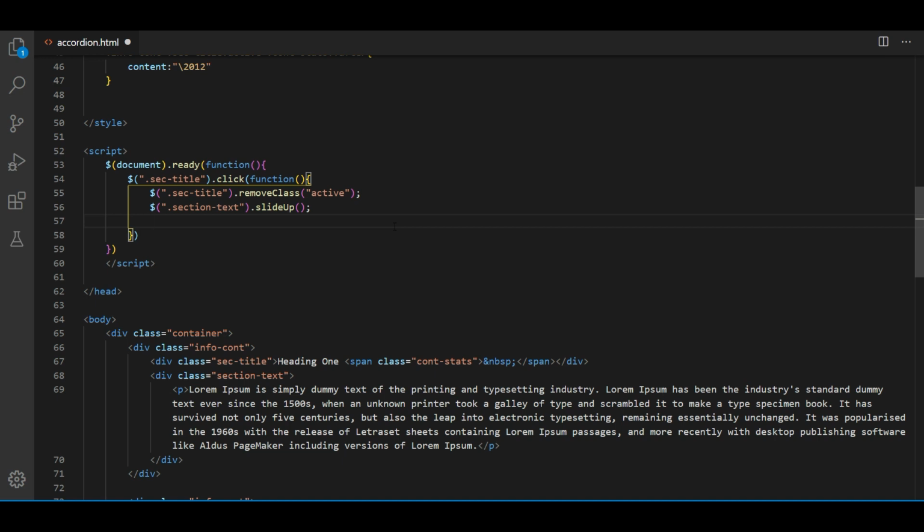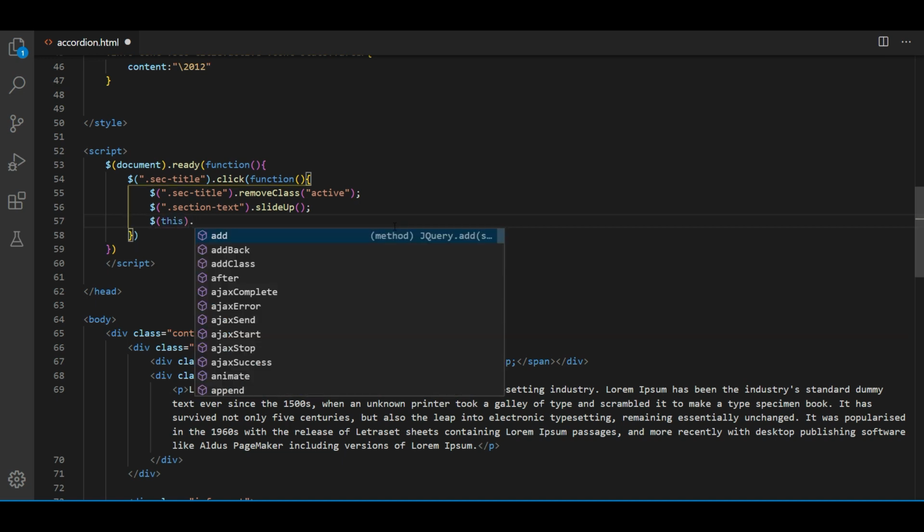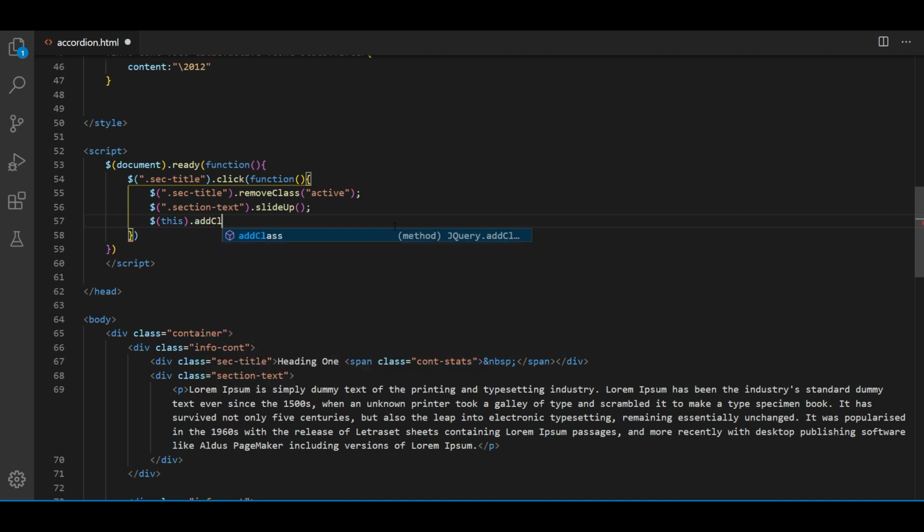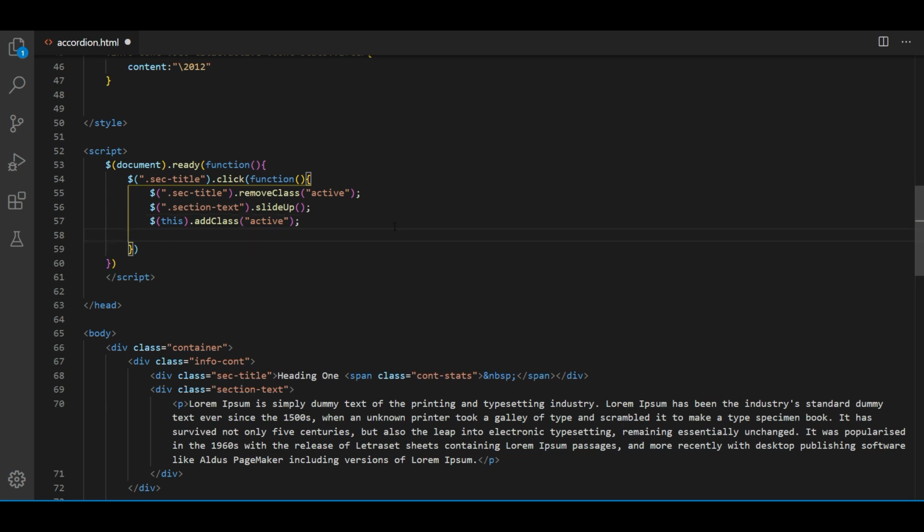Now we have to open the description of the clicked section. So we have to use $this dot add class active, and this dot parent.